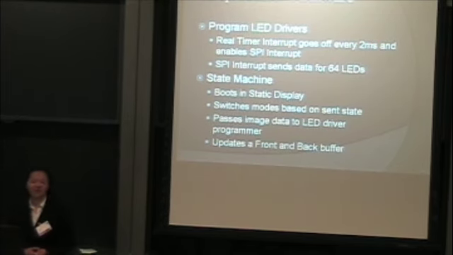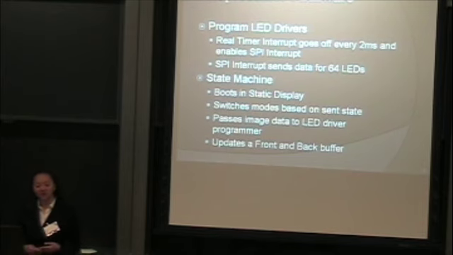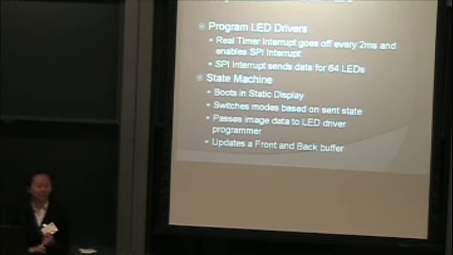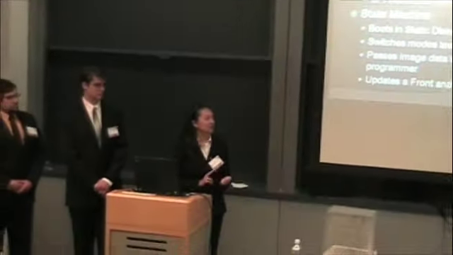So in addition to the microprocessor software that handles USB, there are also the programming of LED drivers and the state machine that's in firmware. To achieve a 60 Hz refresh rate without any visible flicker, we're using two important mechanisms. The first is to use a real-time channel interrupt to guarantee that the period stays at 2 milliseconds for precise timing of the columns in the raster groups. The second is using a front and back buffer so that whatever is currently being displayed on the cube will always be the front buffer, and the back buffer can be edited and point to whatever is next to be stored. So in terms of the state machine, all it needs to do is update the back buffer. In static mode, it will